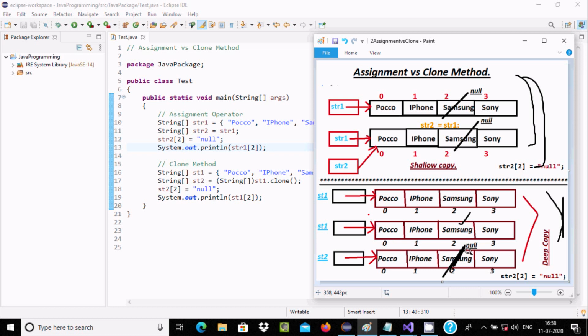So if you change anything on st1, it does not affect st2. This is one of the important interview questions: assignment versus clone method in Java programming.